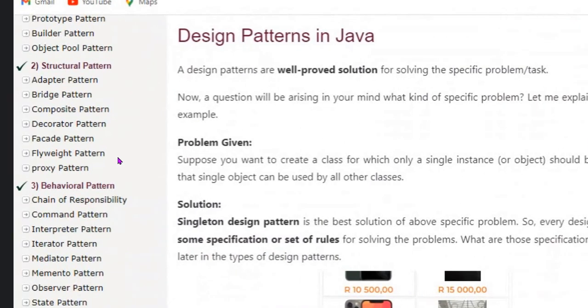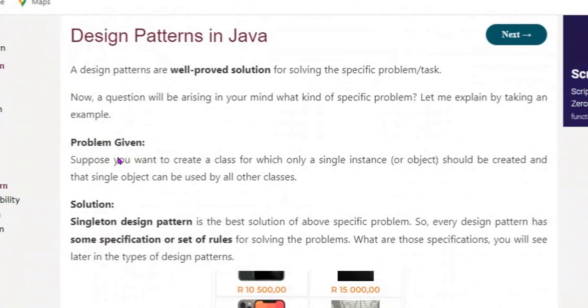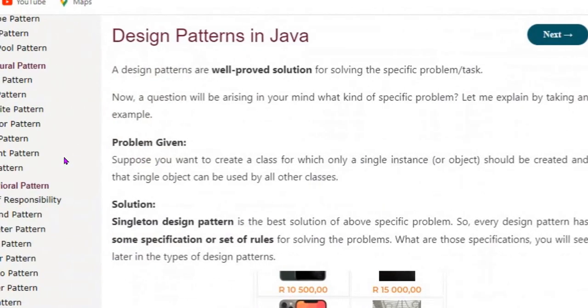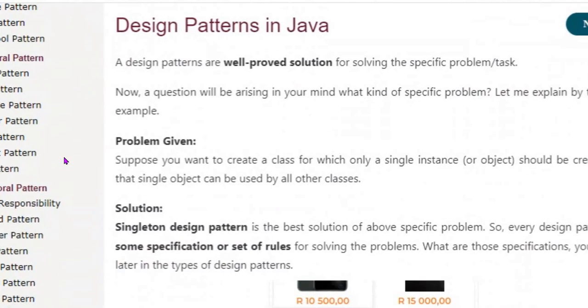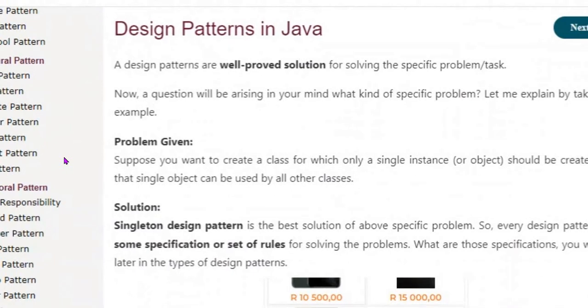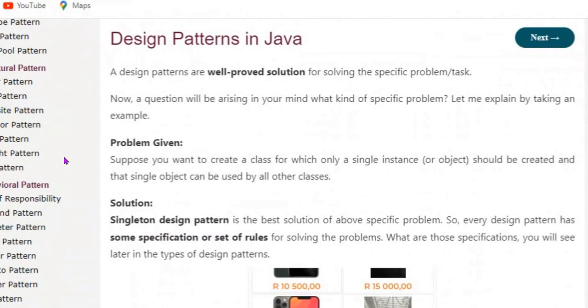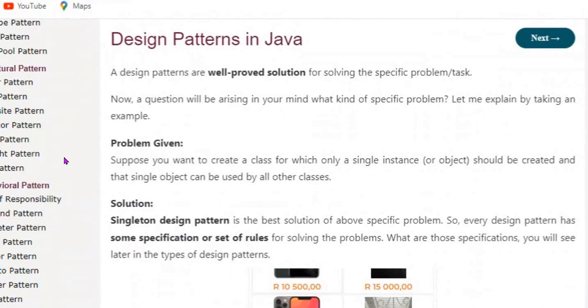Forget about the individual design patterns, the types of design pattern. In general, what is design pattern? Not specific to Java. I mean, in general, what is design pattern? I mean, I'm asking you,